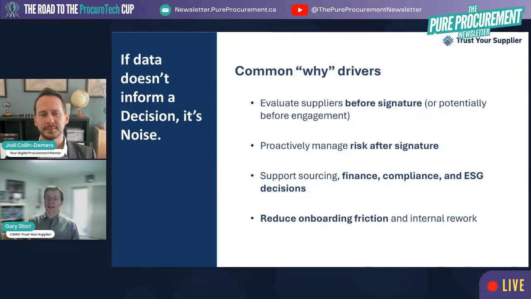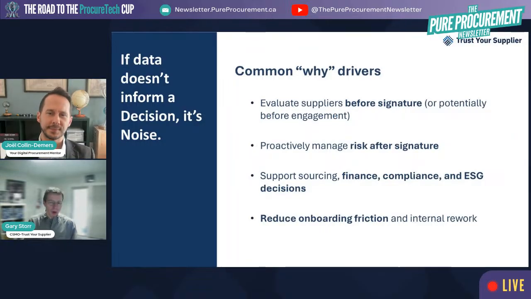I need to understand what that is. The only thing that's going to tell me that is quality data, right? And that's why I need it, right? And this supports all your functions, whether it be finance, your compliance team, your ESG team, your InfoSec team. All these organizations need that data to make those kinds of decisions. And having quality data, trusted data that you have confidence in upfront and that's reliable and reputable